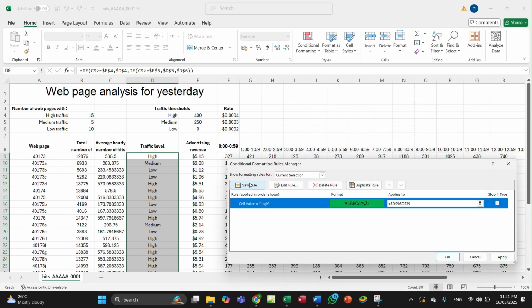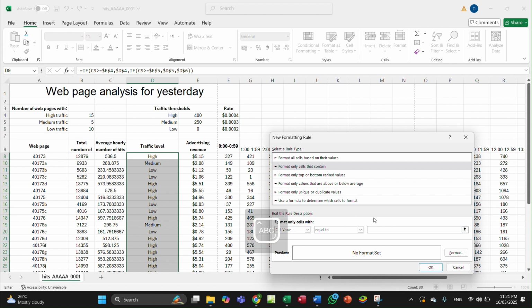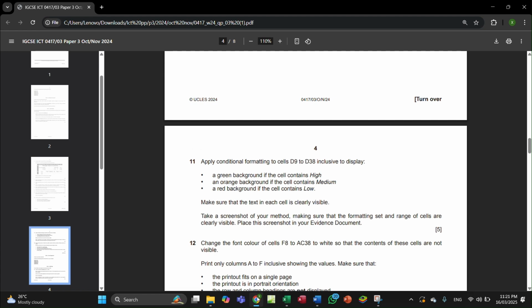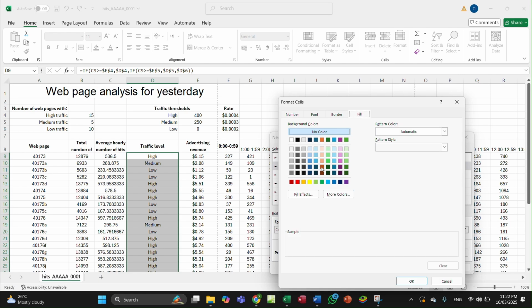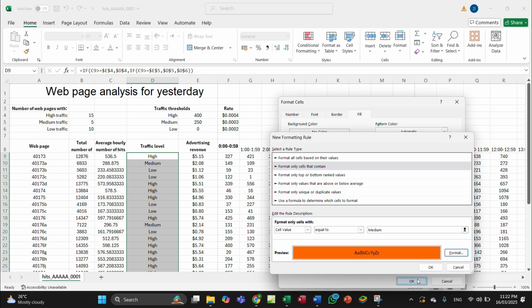Okay, then a new rule again, format only cells that contain, equal to medium, format fill, and they wanted an orange background. So this one is orange. No, it does not look like orange actually, so go to more colors. Yeah, this one is orange. Okay,